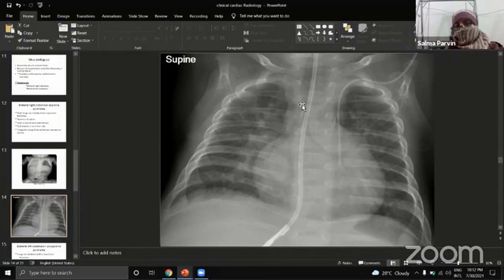There is a clue to situs abnormality, as this NG tube has a right-sided position. We know that the stomach and the gastroesophageal junction should be on the left side, and the NG tube goes in this way, not in this way. The NG tube should run on the left side. So this is a case of situs